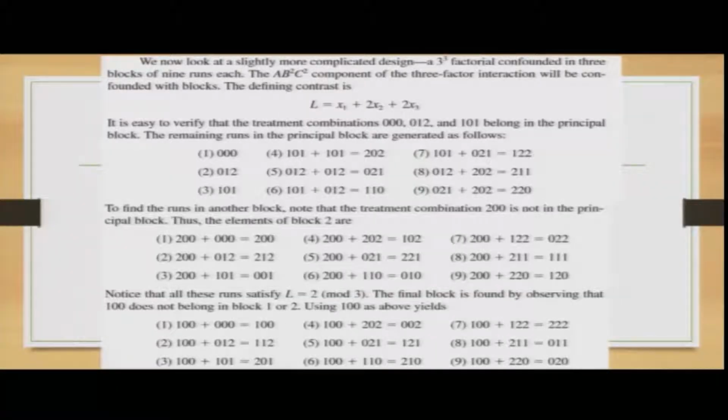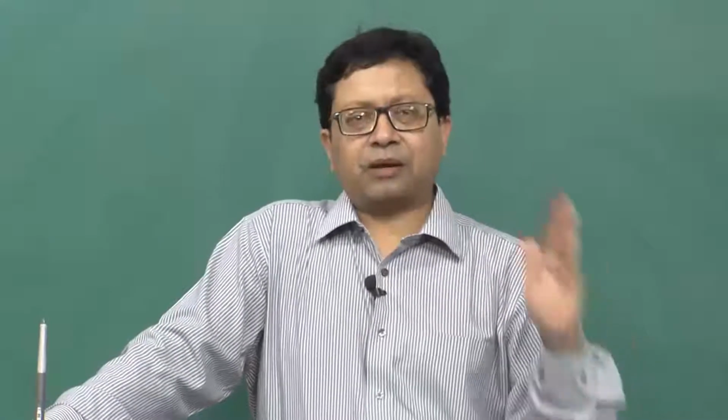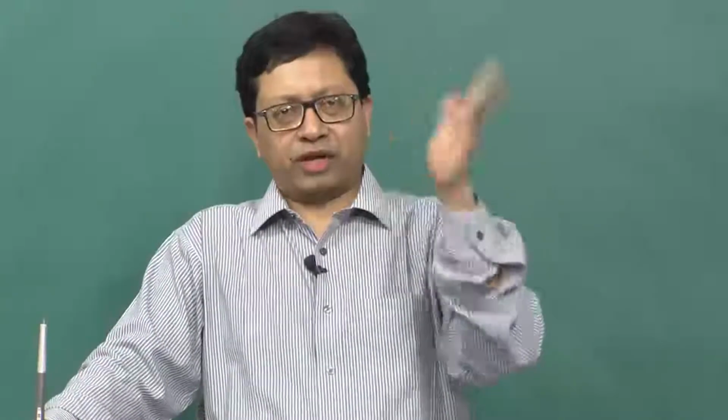So, now we are considering the levels as 0, 1, 2. So, at the level when it is 0, 0, 0, which means x1 is lowest level, x2 is lowest level, x3 is lowest level, x1, x2, x3 are basically A, B, C. So, the other combination can be 0, 1, 2, that means low, medium, high. I am talking respectively of A, B, C. It can be 1, 0, 1, which is medium, low, medium for A, B, C.